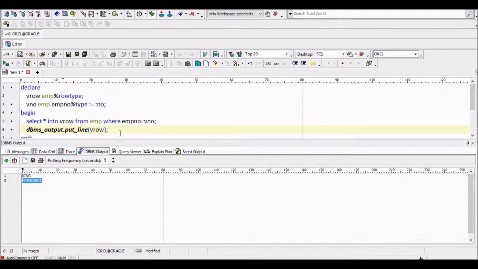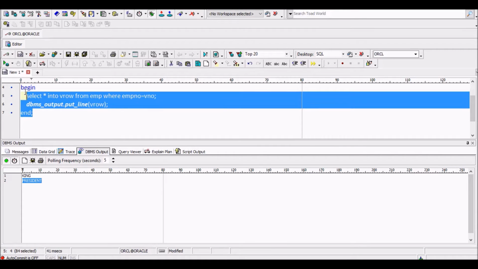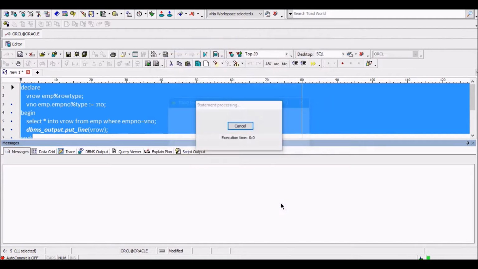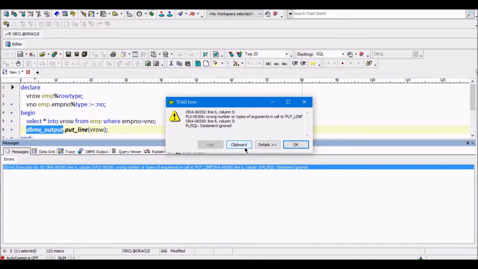See here, the syntax and coding for the percentage type and the percentage row type are the same, except for the specific column we use emp dot emp number percentage type. For the whole record we use emp percentage row type. See here, 7839, it will show an error. I know what the error is.